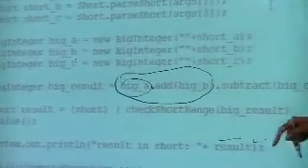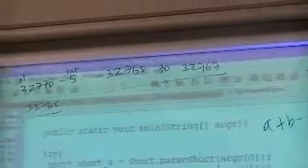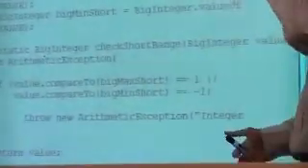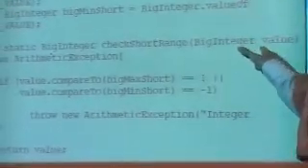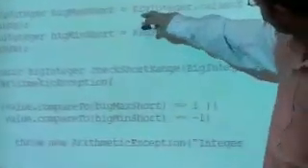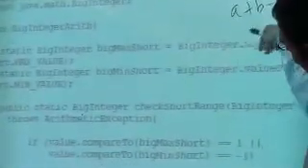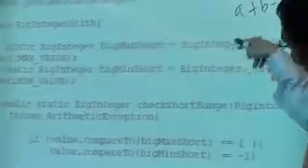Now what can you do? You can again write a check short range function that takes a BigInteger as an argument. What is this check short range function doing? It should check whether the BigInteger value you're taking as the argument is in range. Now I'm declaring a couple of variables, so actually you can use it like this, but if you want to reduce the length, you say BigInteger dot valueOf short max. This is actually what?